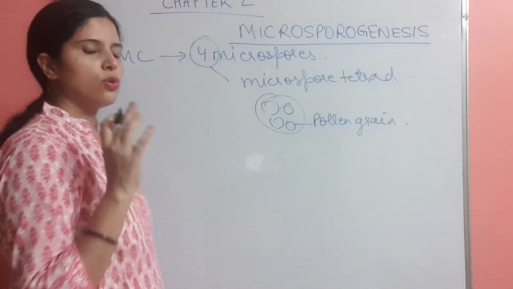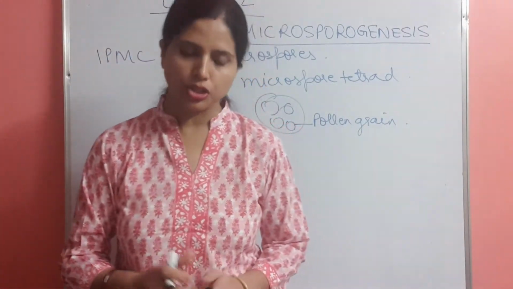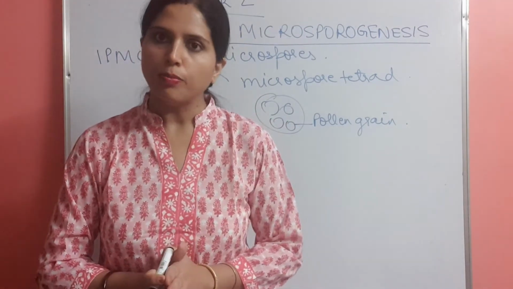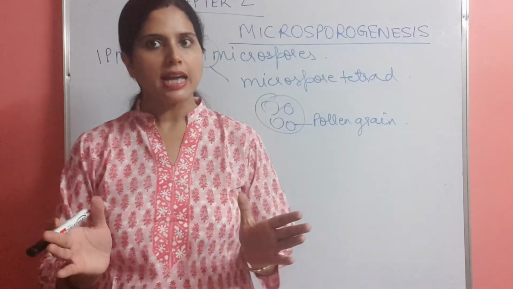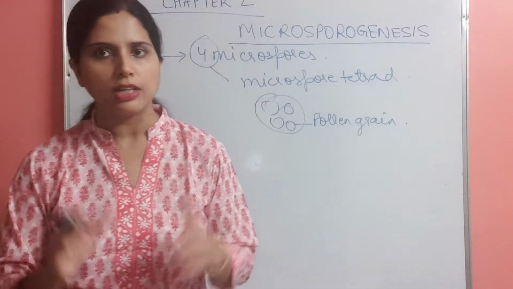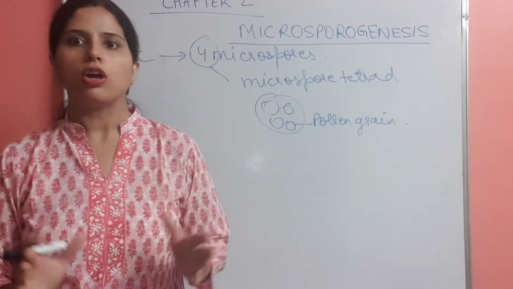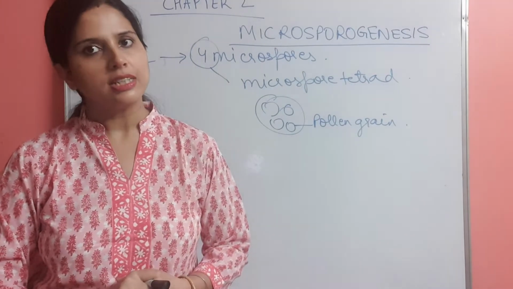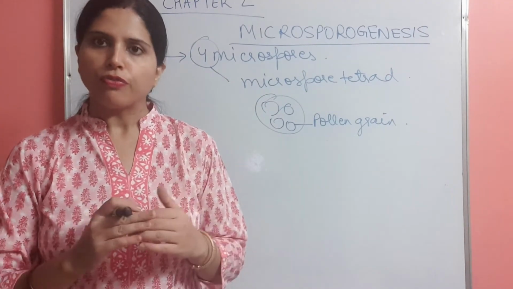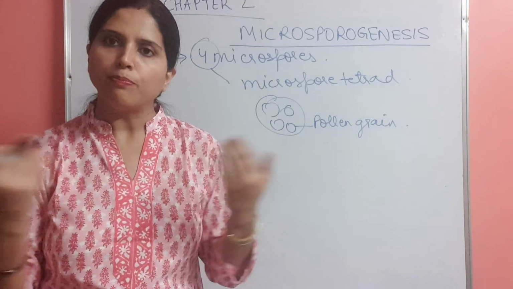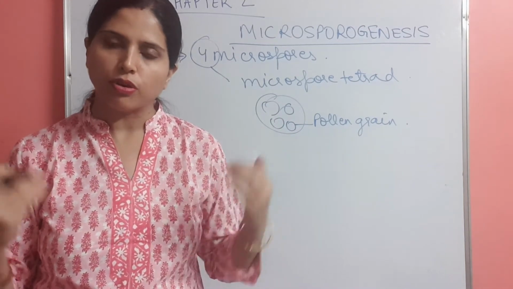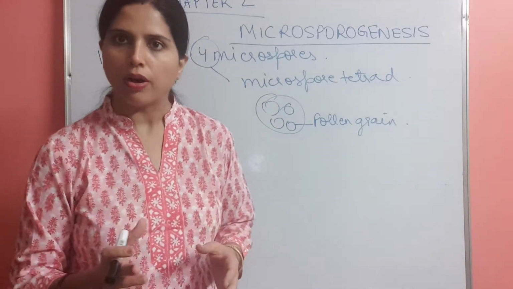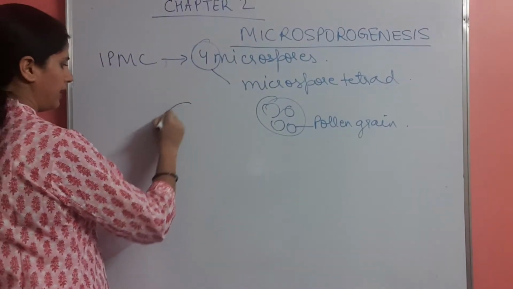After maturation, the pollen grain is going to dehisce from the stomium region of the microsporangium, as I had told you in the structure of the microsporangium, where the endothecium will not be present. Endothecium are the thick cells which are absent in the stomium region. So from there it is released, and pollen grains come out for pollination. Now we come to the structure of one pollen grain.